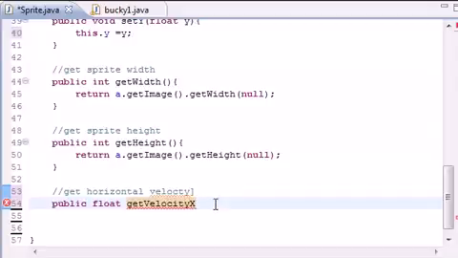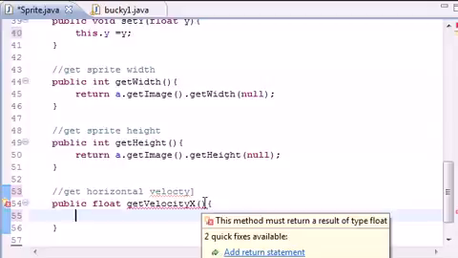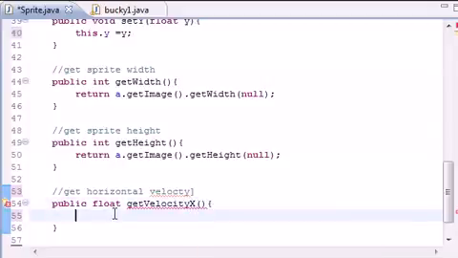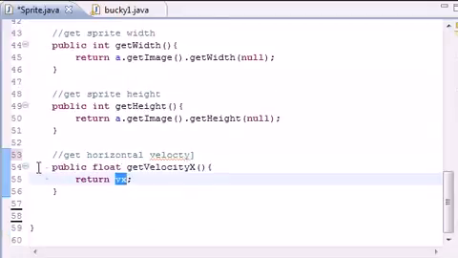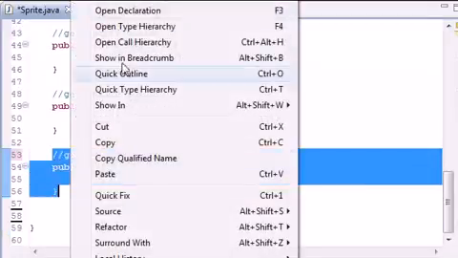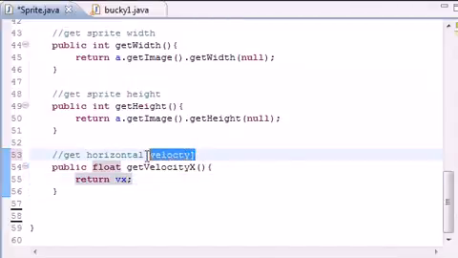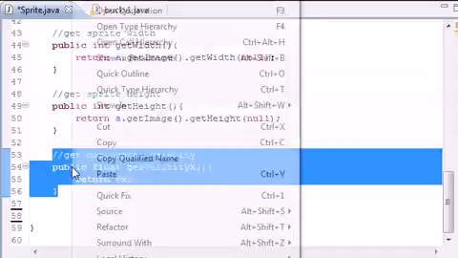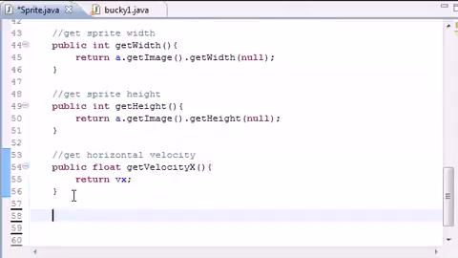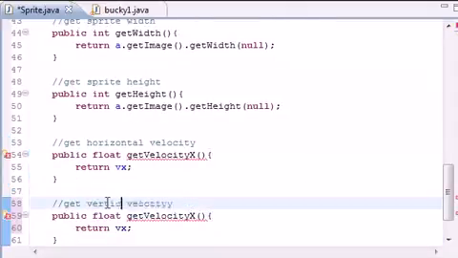So I could put get X velocity, and we don't need any parameters because we're just getting something, and return Vx. What this means is return your velocity X, so how fast it's going left or right. So now let's go ahead and copy that, and if I'm going to copy it, might as well spell it right. So get horizontal velocity, get vertical